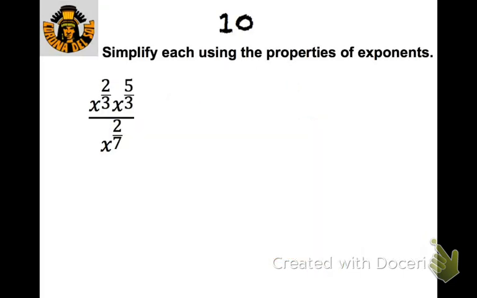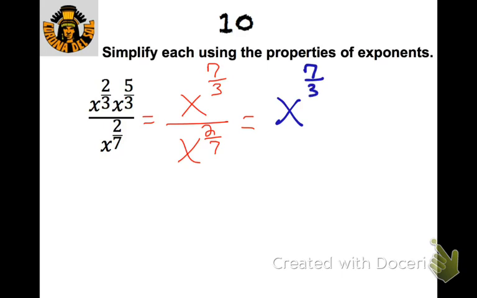All right, this one we're going to deal with the numerator first. So we're going to keep the base, and we're going to add the exponents. So 2/3 plus 5/3, so that's 7/3. And then the bottom is x to the 2/7. Then we can use the subtraction property. So we can keep the base, and we're going to subtract the powers. So 7/3 minus